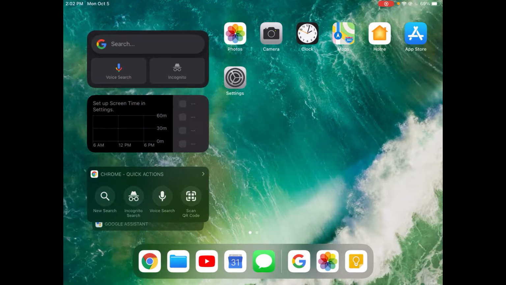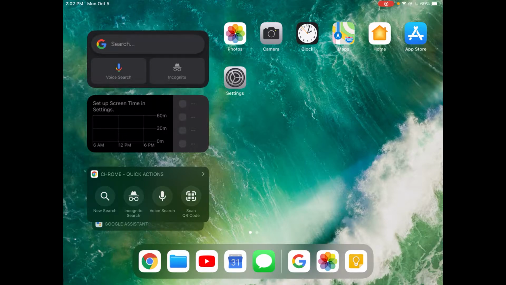Now I'm going to go over how you can use multiple apps at one time on your iPad. So if you want to do split screen and things like that, I'm going to show you how to do that in this video. So the first thing you want to do is go ahead and open the first app you want to use. So let's say someone's texting us and asking if we're free on a certain date. We can open our calendar,